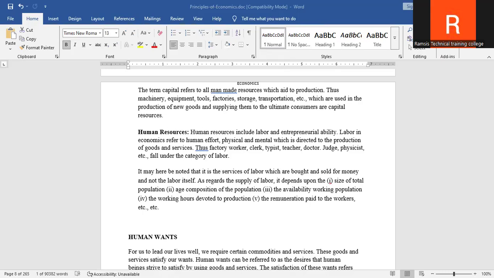So that one means that once you learn economics, you can know what are the things that can catalyze or accelerate development, and what are the reasons why some societies are growing and others are not growing. And the other thing is that economics is also an analytical subject, and it can help one develop what we call logical reasoning, which will assist one to know how to logically solve some problems.